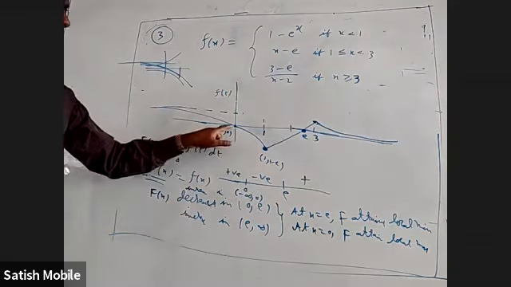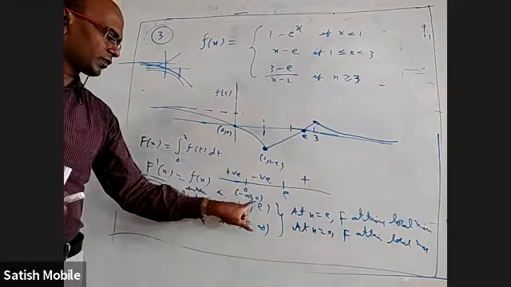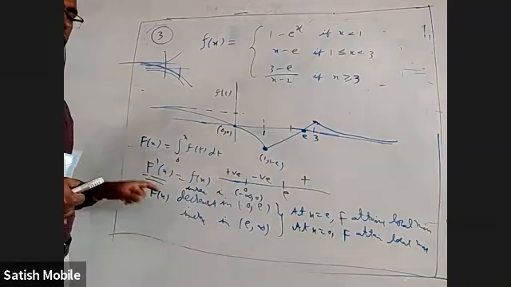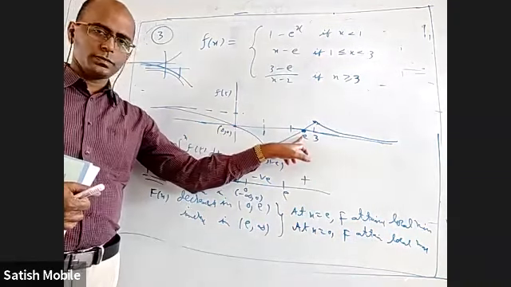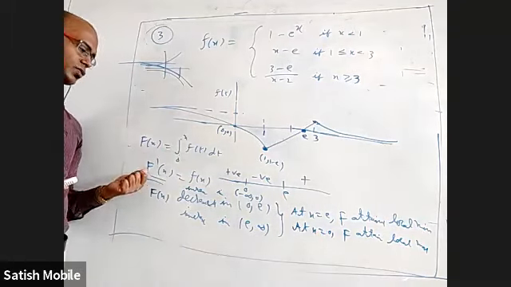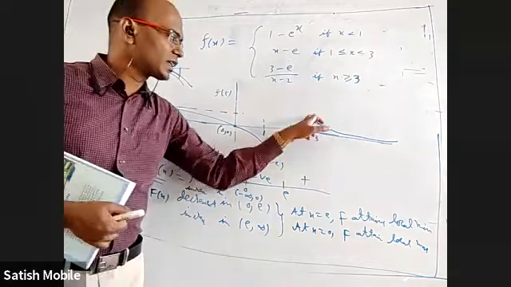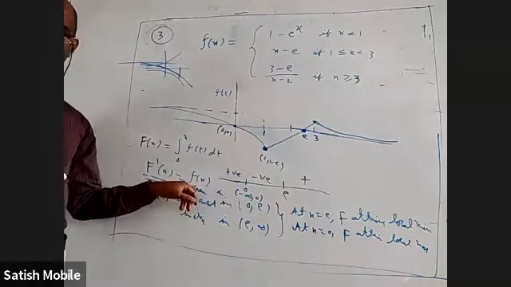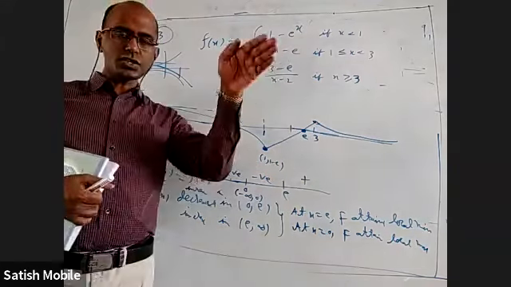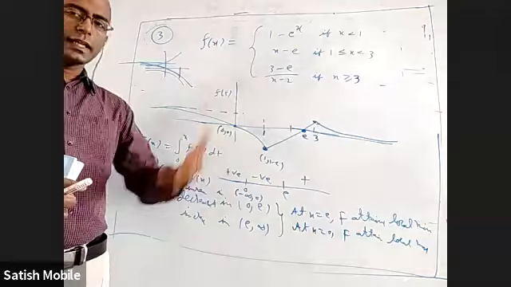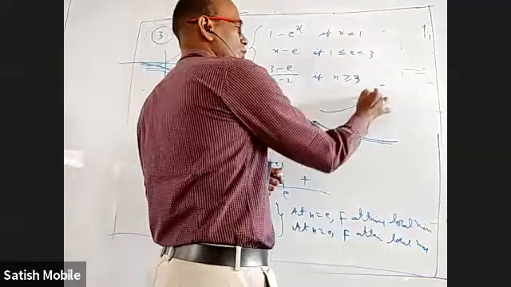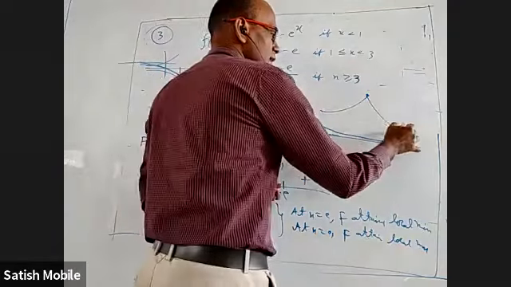If you look at the graph, before 0 it is all positive. So between minus infinity and 0, small f is positive, so capital F is increasing. Between 0 and e it is all negative, so F dash is also negative and F is decreasing. After e, everything is positive, so F dash is positive and F is increasing. So the function has 3 parts. I'm talking about capital F, not this graph; I'm not drawing the capital F graph. It increased, we don't even know up to what, then decreased, and then increased.